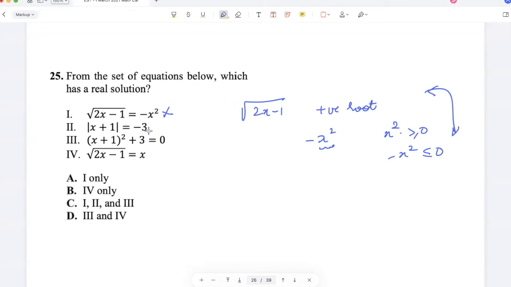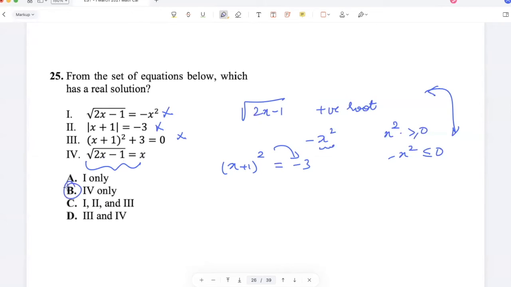Okay, absolute value can never be negative, so this doesn't have a real solution. Okay, (x plus 1) whole squared cannot be negative 3 because a real number square is always positive or 0. Yeah, this one can have a real solution because this is positive and this can also be positive. So 4